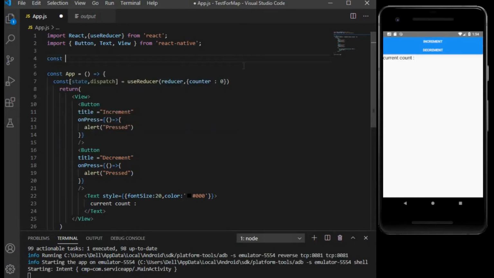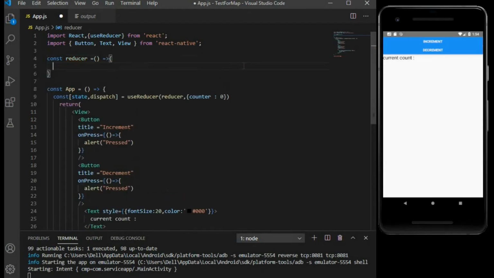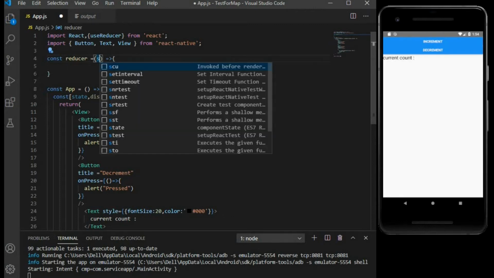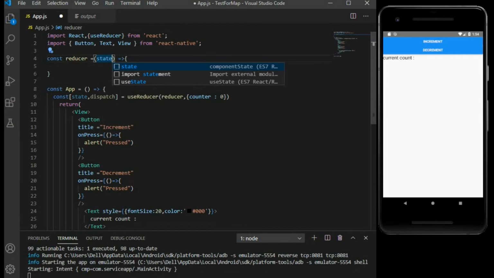I am going to define this outside of our main function. I will write reducer as a function and give it one argument as state, and the other argument is the action through which our state changes. So I will name it action.